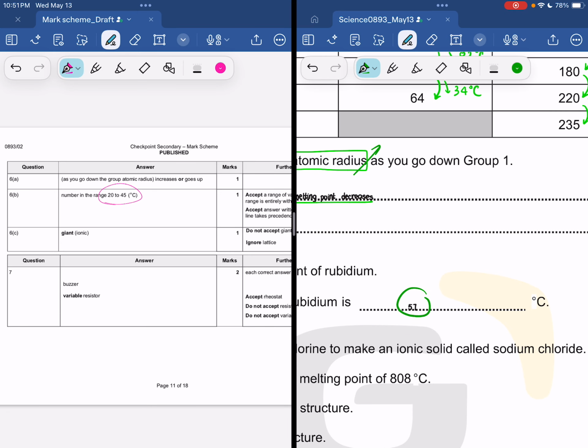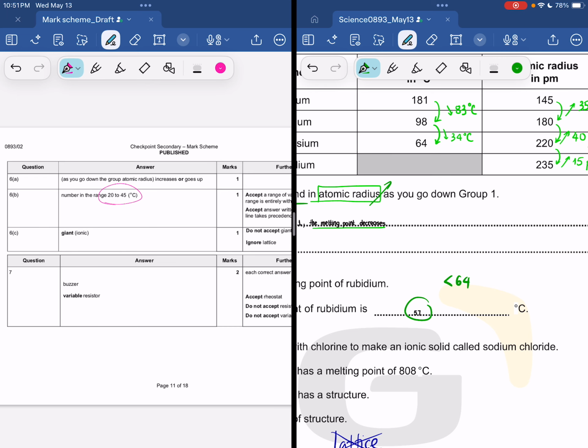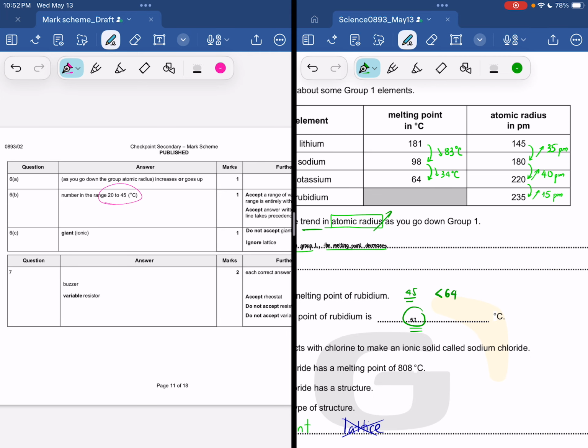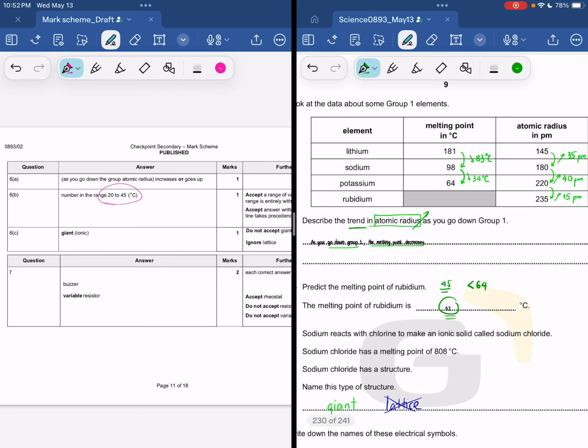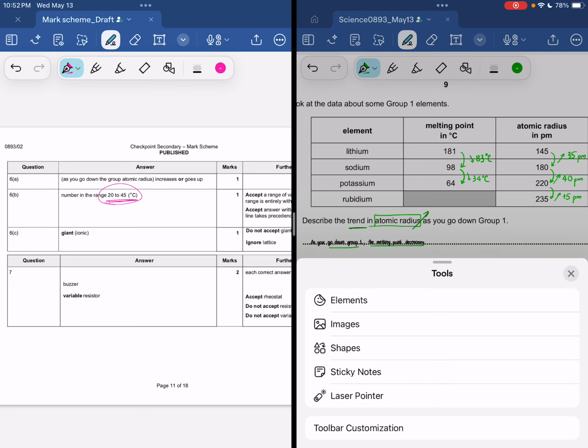So it should be some value less than 64, right? So how do we know that it should be within the range of 45 but not 57? To me, to be honest, I don't have really solid reasoning for it to be from 20 to 45 here. I just can tell that, okay, if we see the trend,